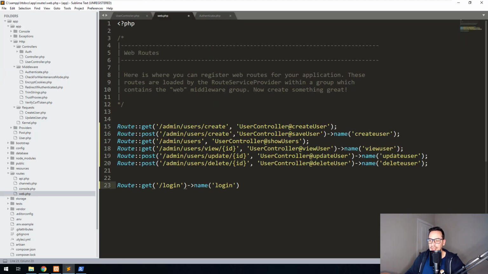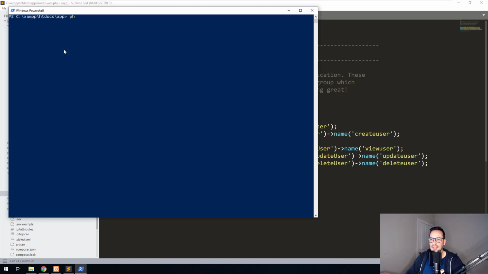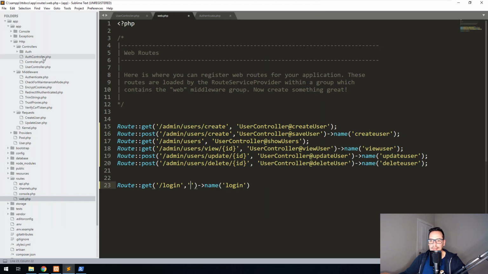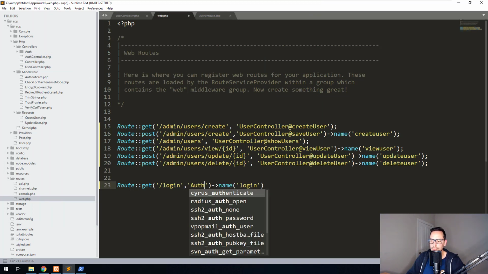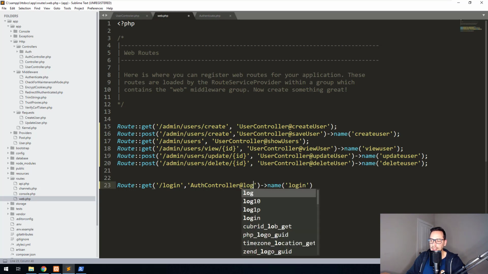And we will then point it to a new controller. Let's create a controller called Auth controller. So let's go and open up terminal and just do PHP artisan make controller AuthController. Now that the controller is set up, let's go into the controller. Actually, let's go back into our route and just do AuthController, and we'll just make it go to a